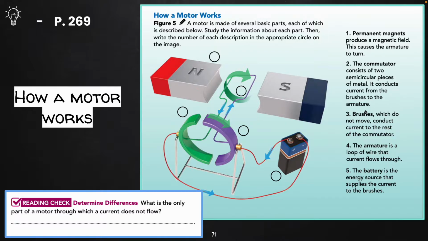Number 4, the armature is a loop of wire that the current flows through. So where's that loop of wire? And then finally our power source, number 5, the battery. So go ahead and label those. What is the only part of a motor through which a current does not flow? So let's think about, when we look at all of these parts here, where's the only part that a current is not flowing? So on page 269, you want to make sure and go through and number all of those parts, and then you want to go ahead and read or correct the answer or write the answer down there